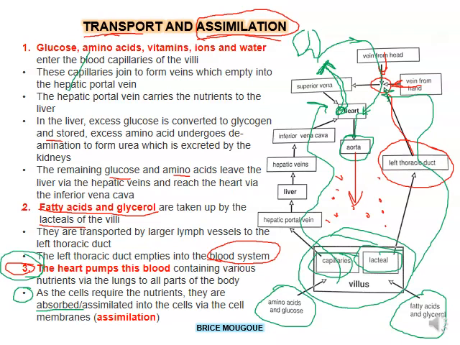And these nutrients will then move into the cell by diffusion. They move into the cell. That movement, or going into the cell, that absorption, is what we refer to as assimilation. They are being assimilated, passing through the cell membranes, because remember, the cell membranes are semi-permeable. They have pores through which material can pass, and the cells assimilate,